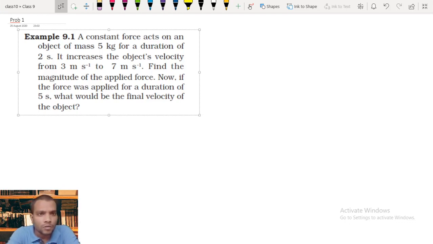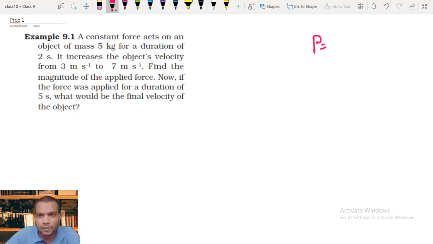Today I would like to solve some problems related to Newton's laws. Till now in Newton's laws we learned certain formulas, so let us recall those formulas first. First we learned momentum: momentum P equals the product of mass times velocity. Its units are kg meter per second. And the second formula we learned in this chapter: F equals ma, force equals mass times acceleration. Its units are newtons.